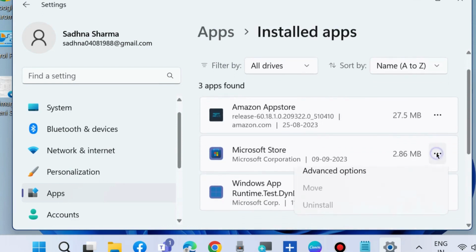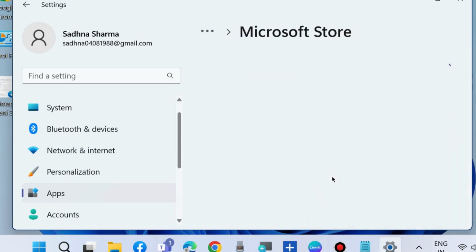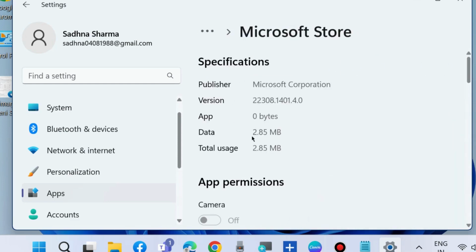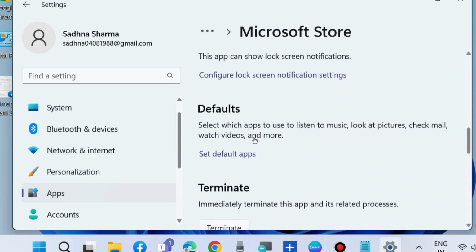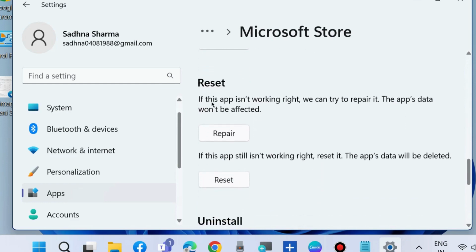Click on the three horizontal dots and choose Advanced options. Here scroll down and you will find the option Reset. If this app is not working right, we can try to repair it. The app's data would not be affected. First choose Repair, and if this app is still not working, then choose Reset